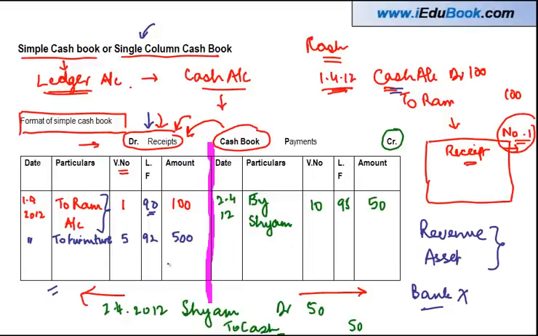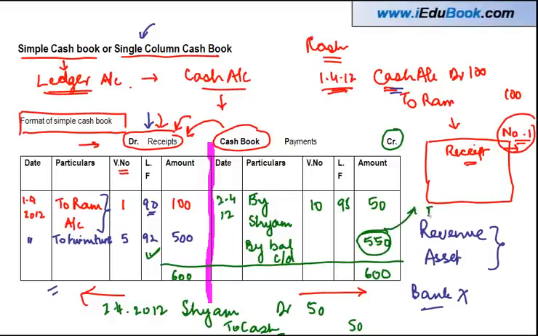At the end of the year, I am going to do the balancing of this cash book just like any other account. And mind you, the debit balance is always going to be more. The reason is you can't spend cash if you don't have it. So let's say the debit side is 600. We'll write 600 here, 550, and this will be by balance carried down. This is the amount which also goes to the trial balance. This balance is going to be brought forward as the balance for the next year.